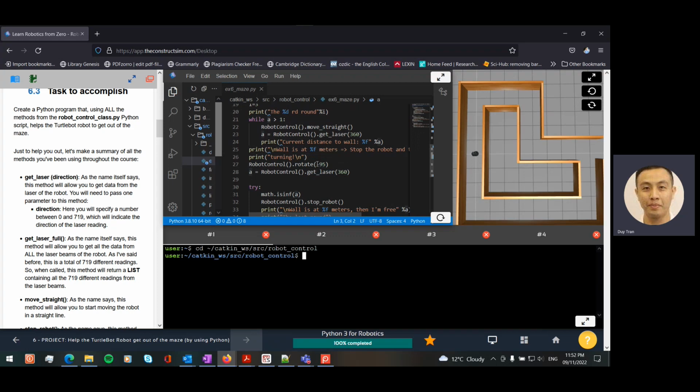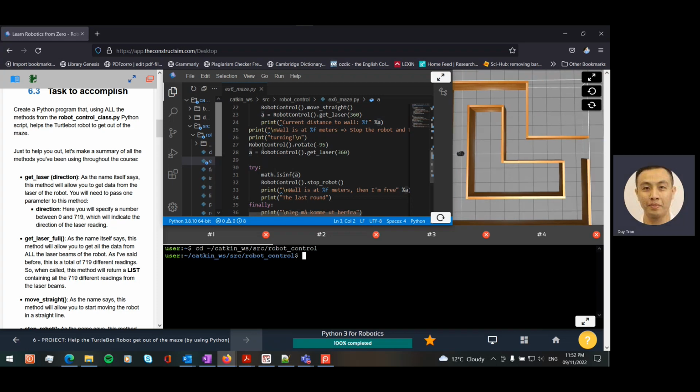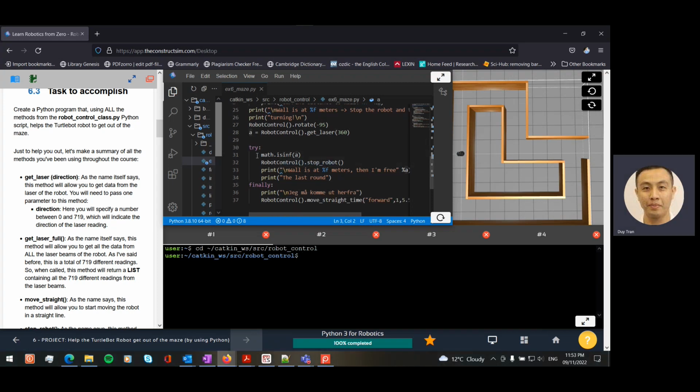We do some trial runs to get this optimal value. After it turns to the left, the robot is ready to get out of the maze. So once again, I reset the value of variable A by calling the get laser method again. Then we try to use the try and finally concept to have the robot get out of the